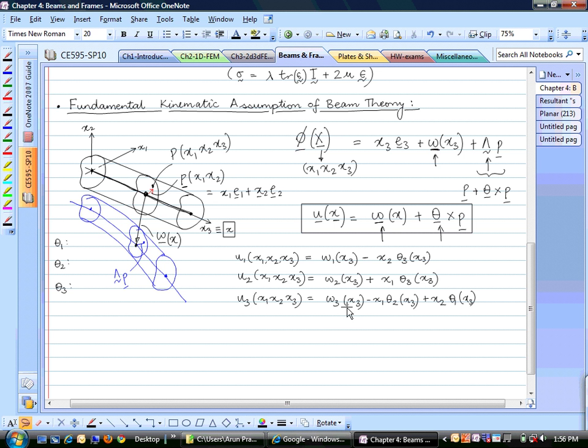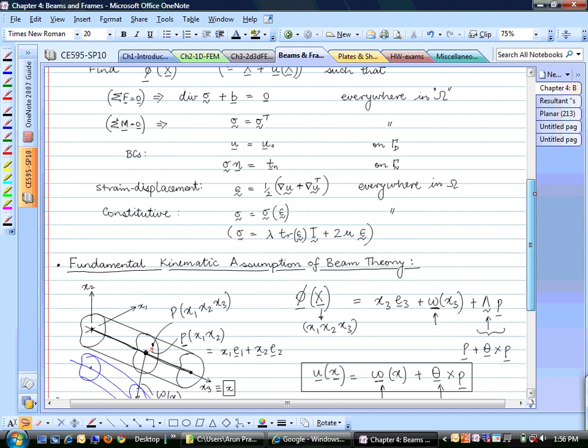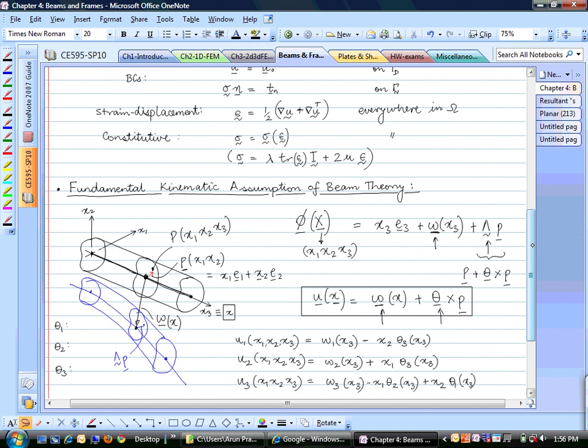So this is the axial displacement along the length of the beam, and this is the twist due to the rigid body rotation of the cross section. Okay, so this basically defines the map, and this is the fundamental kinematic assumption behind this beam theory. All right, so